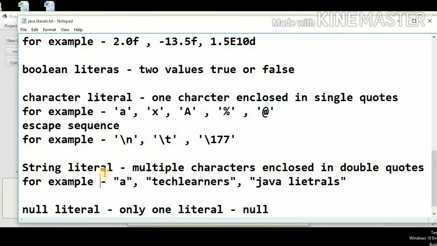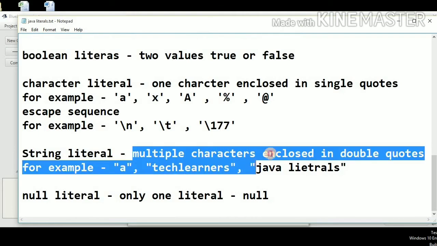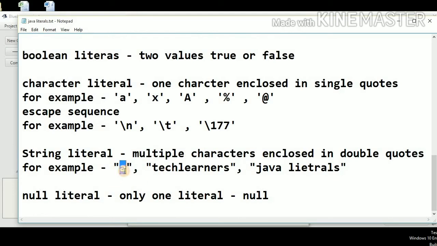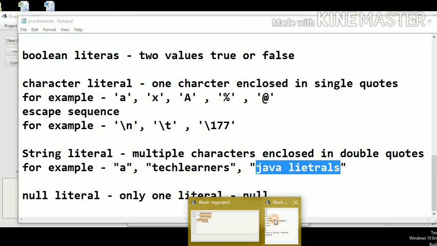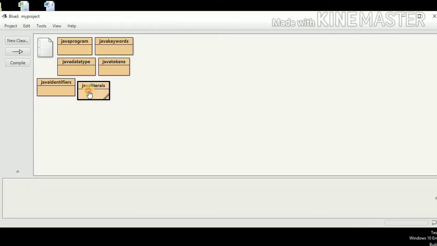Let's talk about the next category, which is the string literal. Basically, this is multiple characters enclosed in double quotes. You can also use a single character or multiple characters. Let's see an example of the string literals.